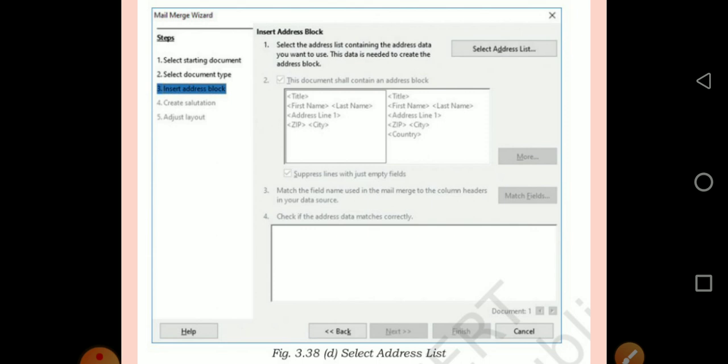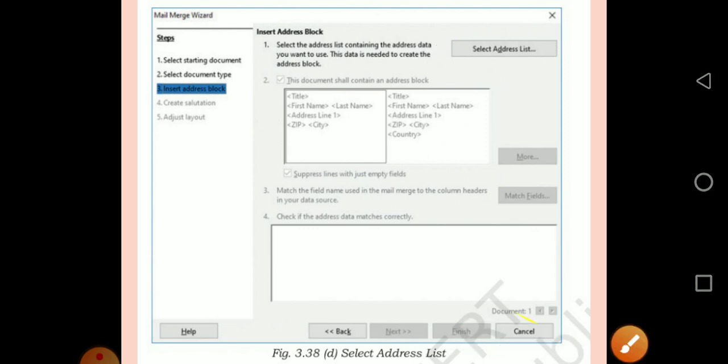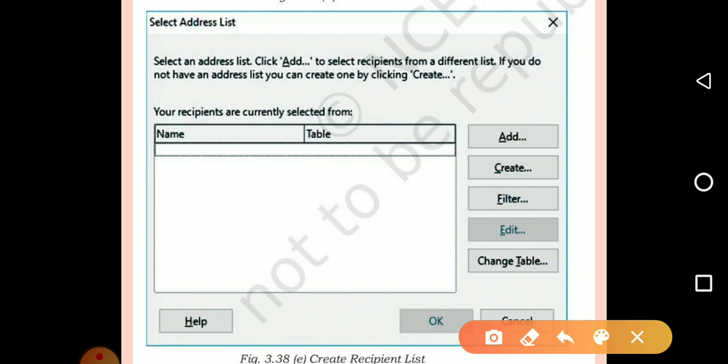Click on the select address list. You will get the select address list box. Here you can add recipients, create, filter, edit, change table.